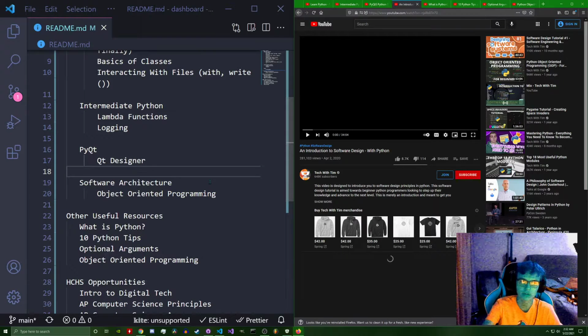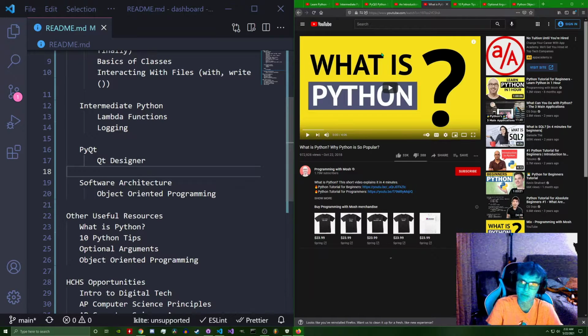So those are the four main topics, but there's some other useful resources that might be interesting or beneficial to you. So if you know literally nothing about Python, which is okay, you can learn a lot of this stuff in a week, say, if you just spend like an hour a day maybe. So what is Python? If you can't answer that question, watch this video. This will teach you what it is, why it's used. And also, you can infer from this video why we're using it in the Electrathon project. And you can also understand why you should learn it and why learning it would also help you outside of